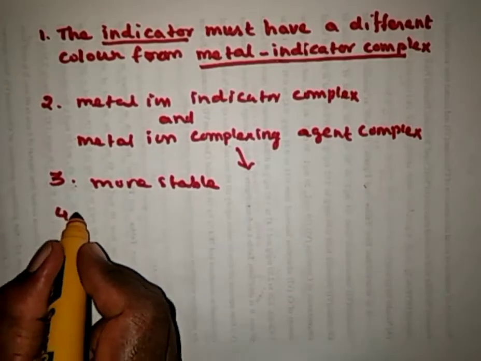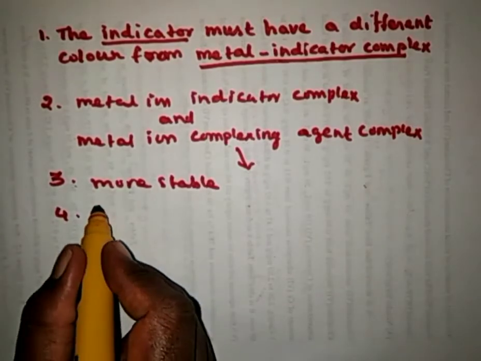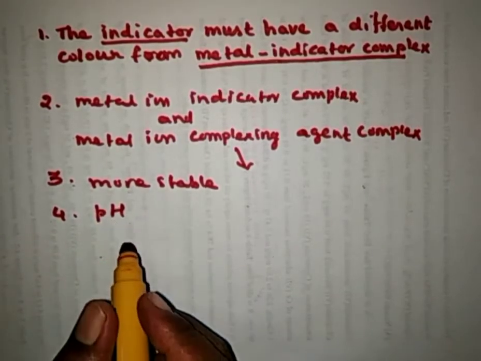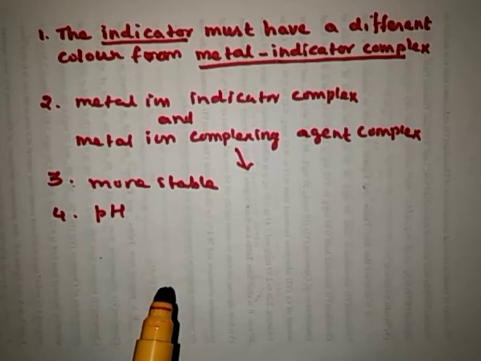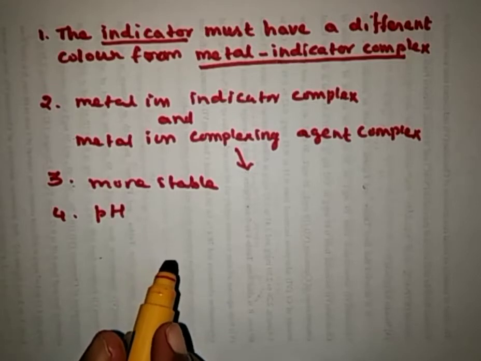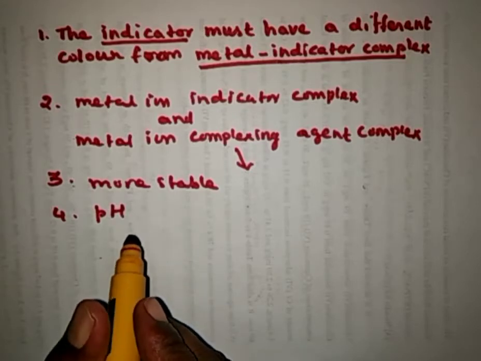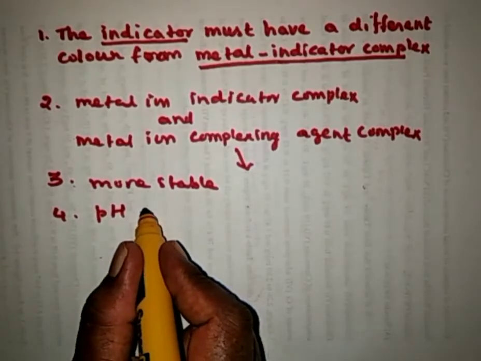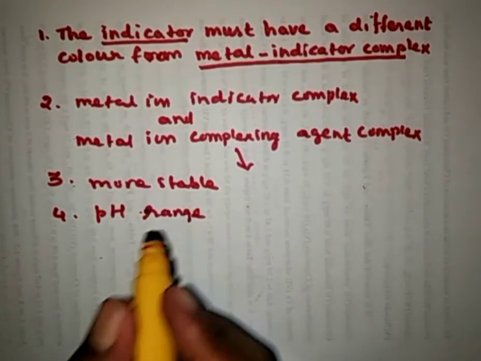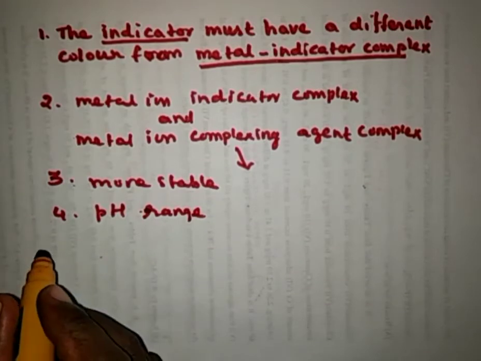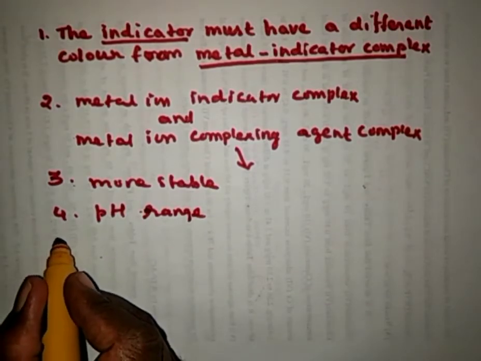And the next one is the range of the pH. The pH range at which the indicator changes its color should be within the pH range that occurs at the endpoint of the concerned titration we are going to do. So here the pH ranges are very, very important. And another one is